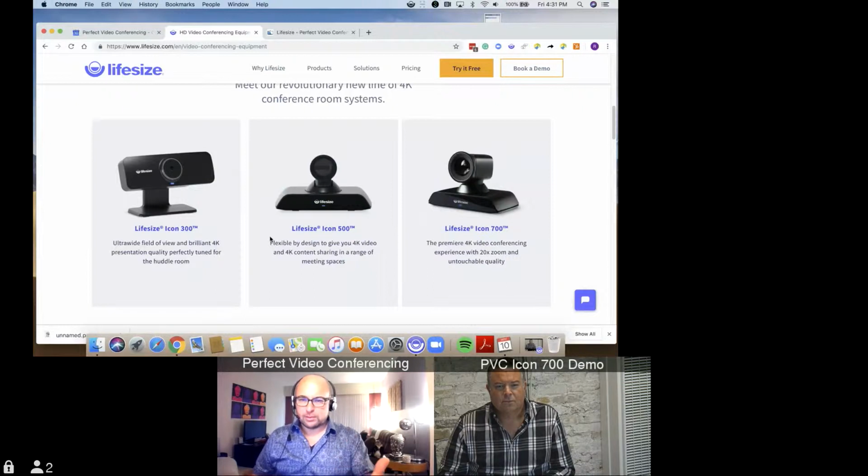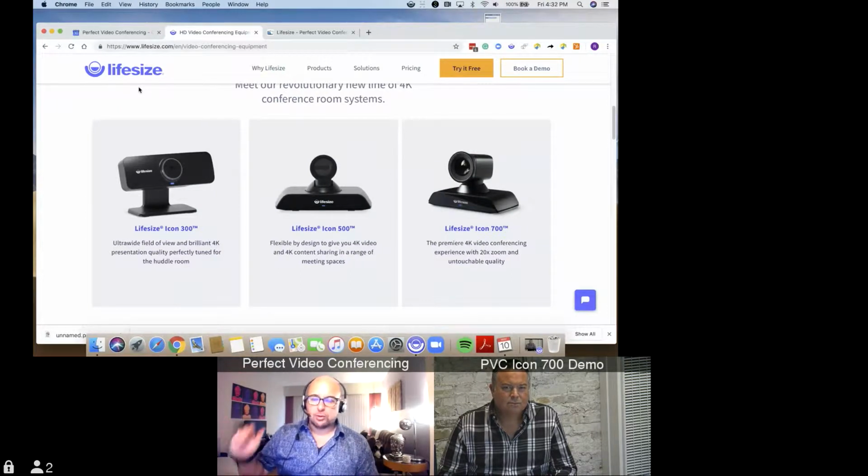Now, the beauty of these pieces is that you can plug them in and they're set it and forget it. There's fewer cables to connect and disconnect, so there's an elegance to how these not only get deployed, but also how they get managed over time and the impact on IT. A manufacturer that makes the bridge and the hardware has a pretty compelling story, and we're happy that LifeSize put that together. So I'm going to stop sharing just to go to the last part of this, which is